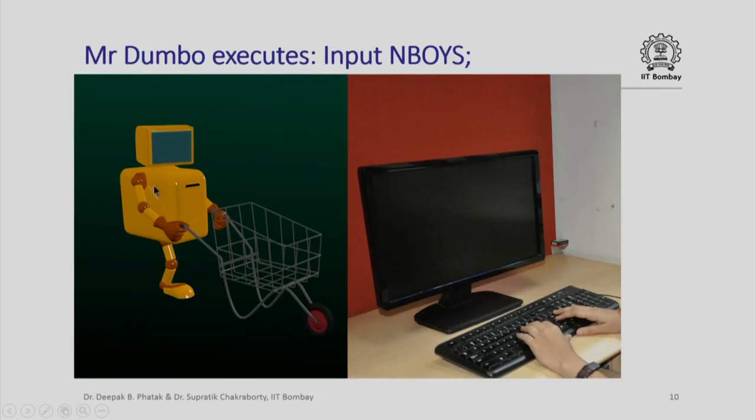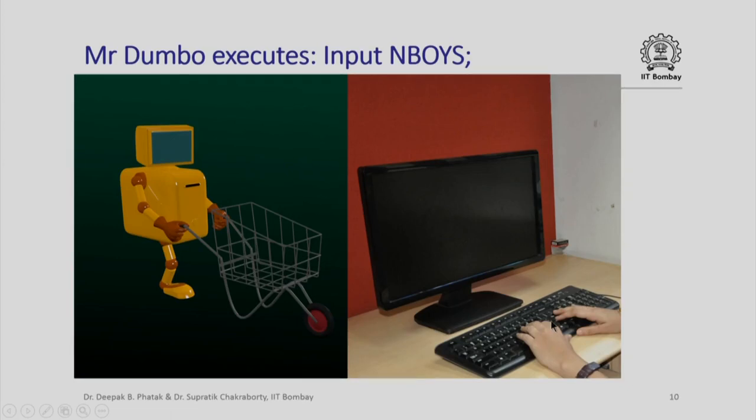Here is Mr. Dumbo. He is executing the instruction input n boys. He has brought his card and he is waiting on the other side of our computer screen. Notice that all that Dumbo is doing is internal to a computer. We can't see it. We, on the other hand, are sitting here with a keyboard and a terminal.